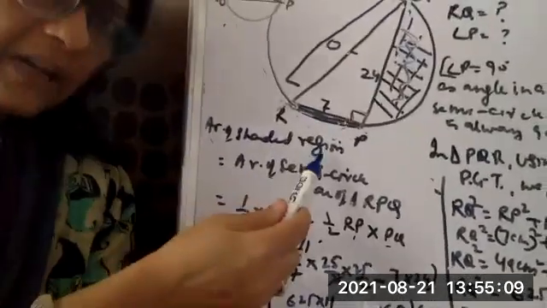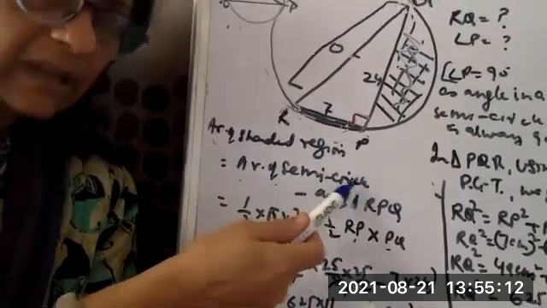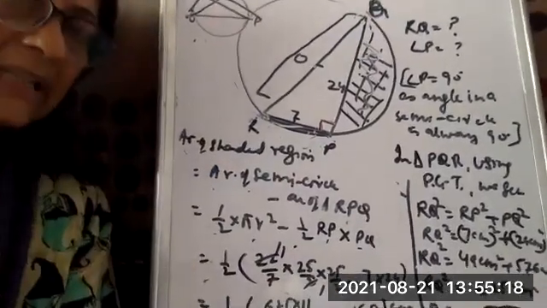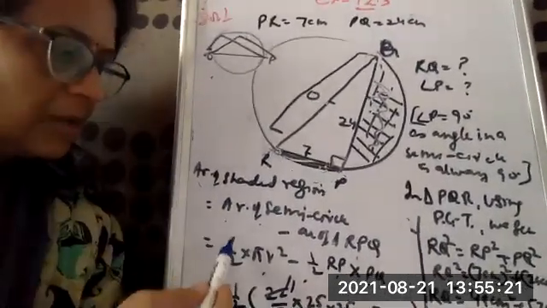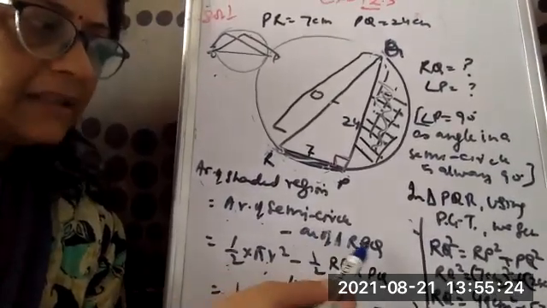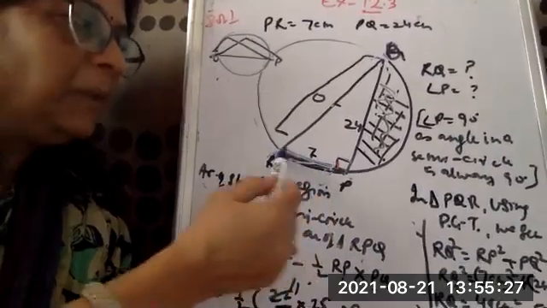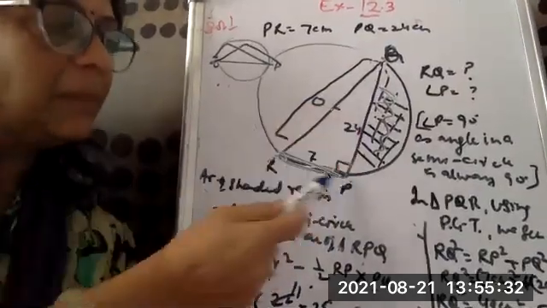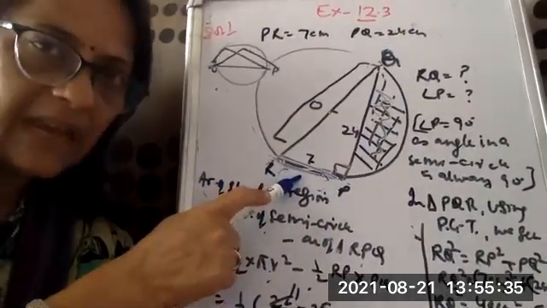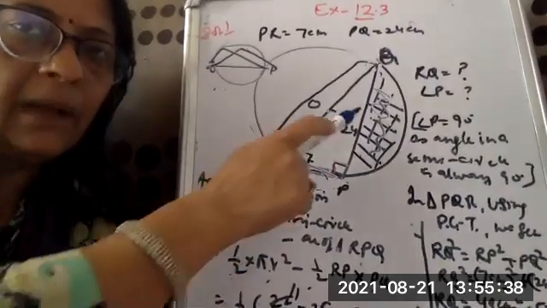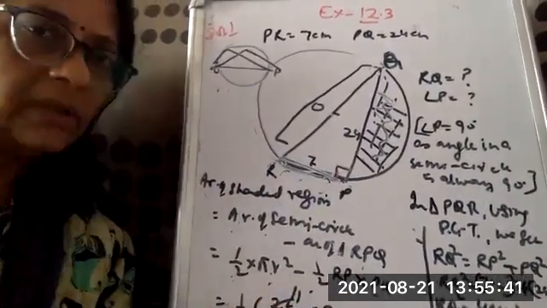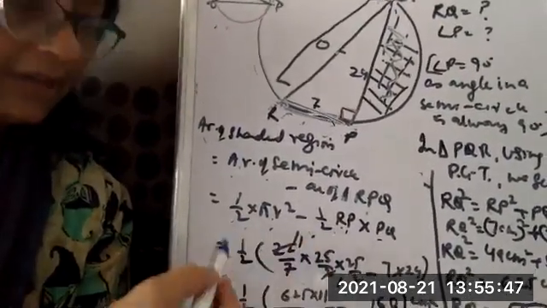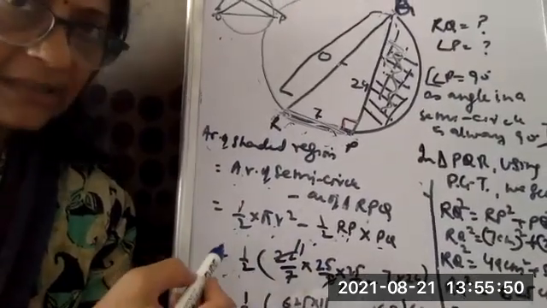Here, area of shaded region will be equal to area of semicircle minus area of triangle RPQ. As RPQ is a right angle triangle, we will find its area by using half base into height, right? So area of semicircle is half of pi r square, minus area of triangle PQR, which will be half RP as base, then PQ will be the perpendicular. Vice versa, this can be the base or this can be the perpendicular. But here one of the sides or legs will be the perpendicular, the other leg will be the base. So half into RP into PQ is the area of the triangle. Right, now let us see next. Half is common in both, so we can take half common. Otherwise, you can solve it as it is, but this will be easier.